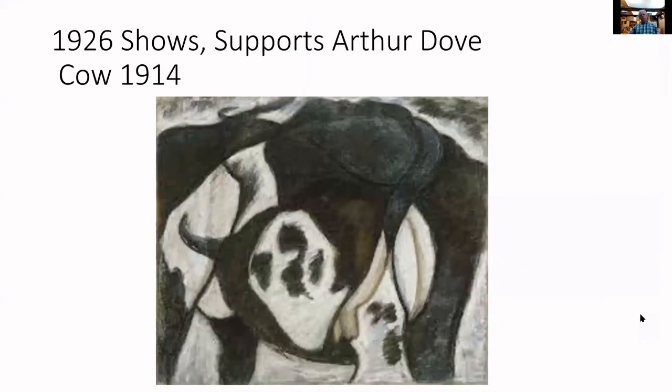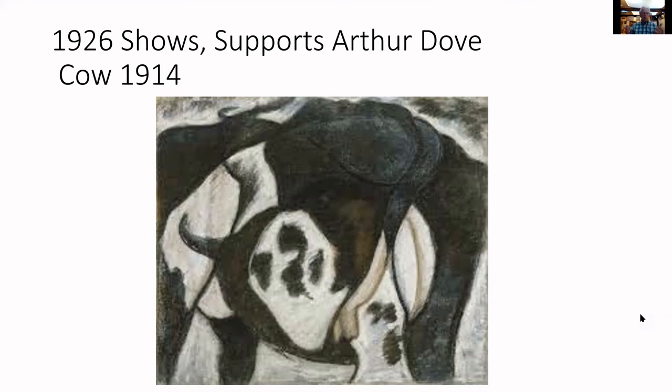Arthur Dove, a painter who George O'Keeffe really loved, shows starting in 1914 with these kind of cubist renditions of American landscape. And Arthur Dove also is entirely supported. He had actually seen Arthur Dove's work in 1909, but Dove was kind of a modest guy, and he wanted to go back to farming. And so he stops painting a lot, goes back to farming, and then I think in 1912 or 1913 comes to Stieglitz and says, I really want to try to have a year of just painting. Can you give me $500 so my wife and I can live for a year, and I can just paint? And he does.